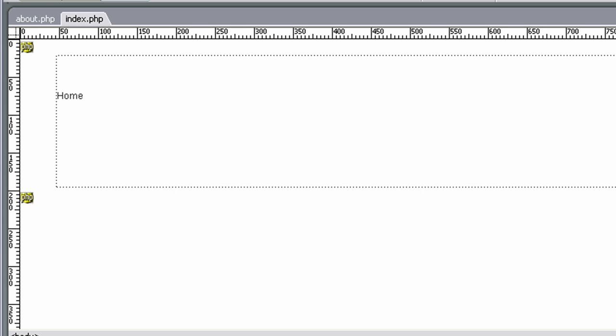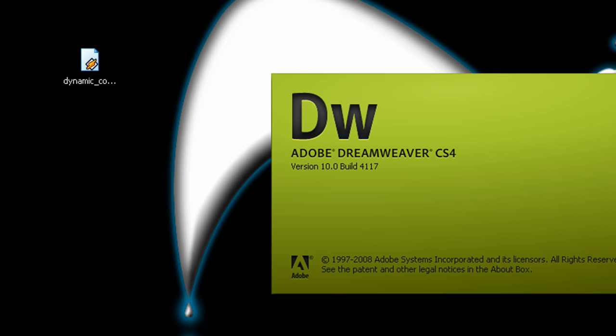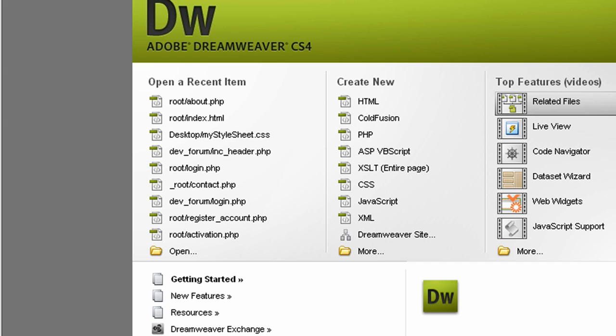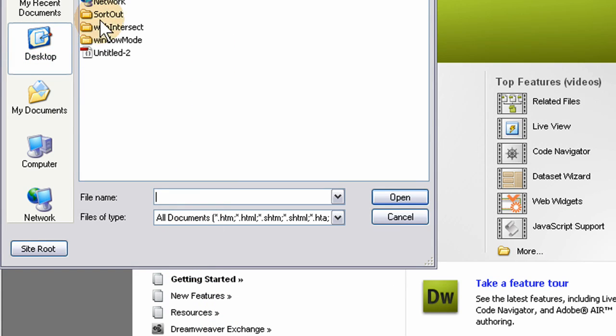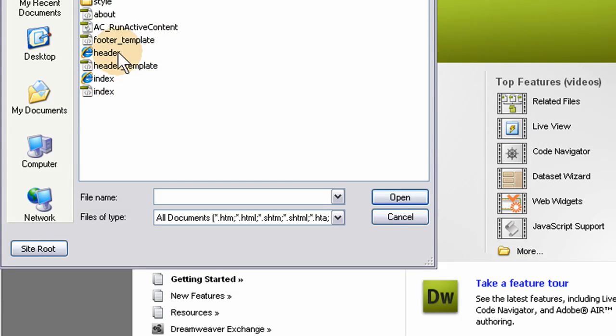So we were working in Dreamweaver 8 when we created all of this, but I want to show you something in Dreamweaver CS4 that you might appreciate, and you might want to get Dreamweaver CS4 for this. Let's go to Open, Desktop, Web Intersect, Root, and open that index PHP and the About page. Press Open,